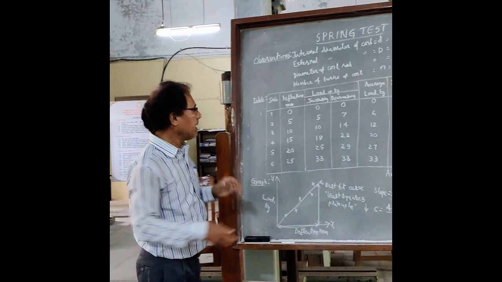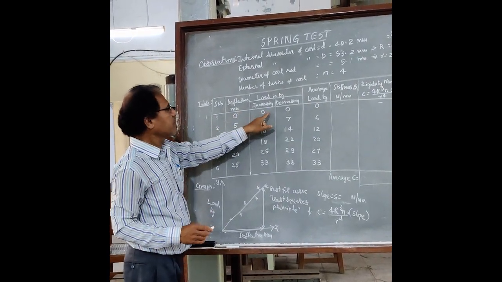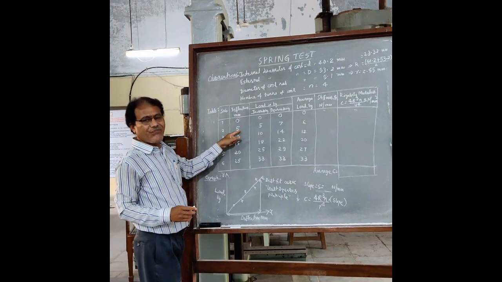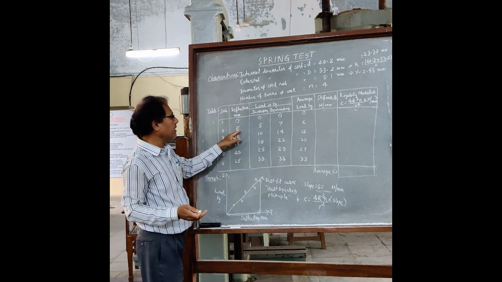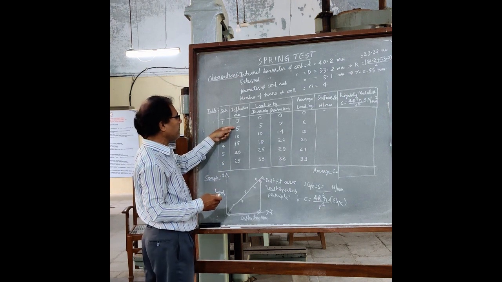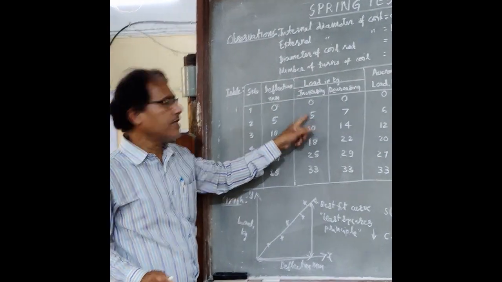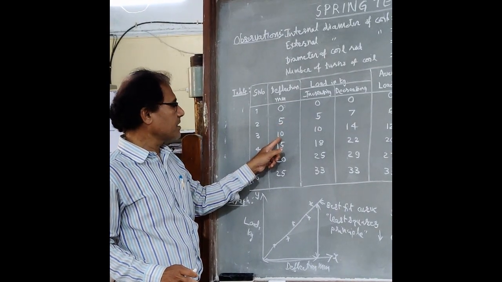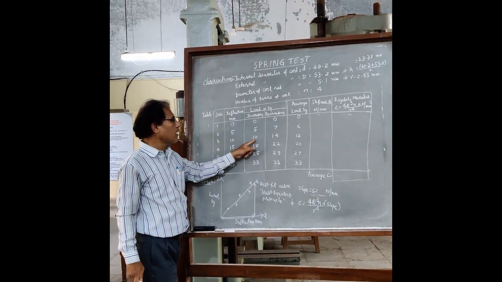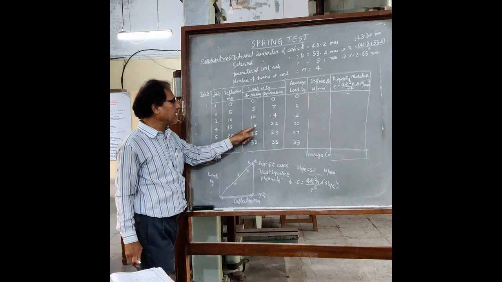Just now, by this demonstration, we started at zero deformation, for which 0 load, right? I have gone to 1/5 of an inch, which is 5 mm, right? I am writing this up to the second decimal or fourth decimal as appropriate, 5 mm, right? Corresponding to that, I have observed from the load dial gauge 5 kg during increment load. Then against this 2/5 inch or 10 mm, I have observed the load as 10 kg. For 3/5 inch, I have observed the load as 18 kg.